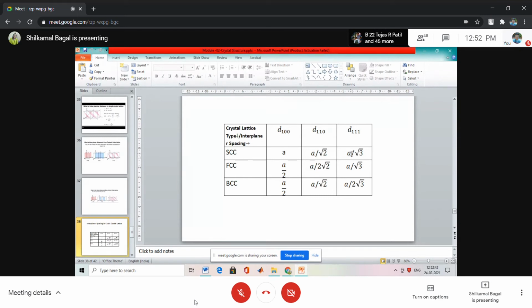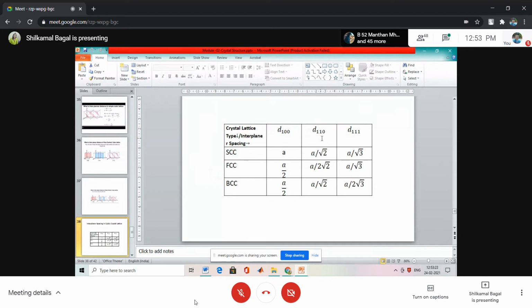You can understand this. Then, according to the different atoms in FCC and BCC, the additional planes are added in that respective set, where in 100 plane, additional plane is added in between the two planes of SCC, and so this interplanar spacing a becomes half in FCC and BCC, that is a by 2, a by 2. Last time I have shown in the model, there is a plane in between the two planes of SCC in case of FCC and in BCC. It passes through the face-centered atoms of FCC and body-centered atom of the BCC.